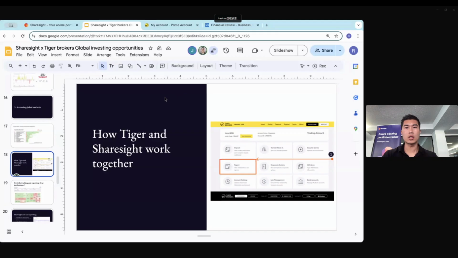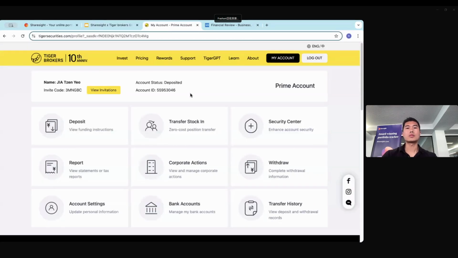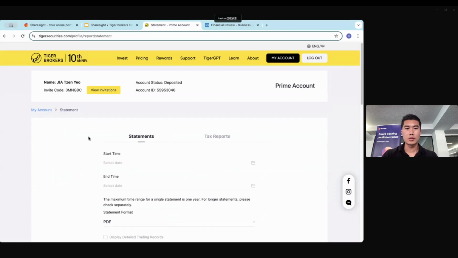So I'm just going to jump out from here, and then I'll go over to some of the Sharesight reporting tools. So you can see I have a Tiger account, and it's pretty straightforward if you want to set up your integration between Tiger and Sharesight, and basically see all your historical trades and all ongoing future trades in Sharesight. So basically what you do is go into your Tiger account, go to Reports, and under reports,